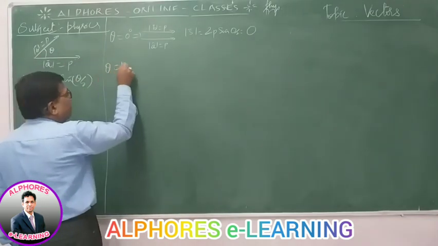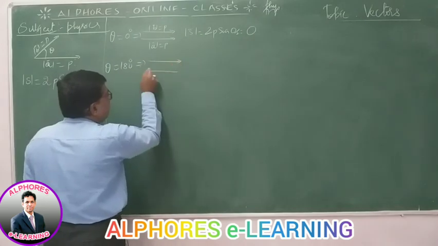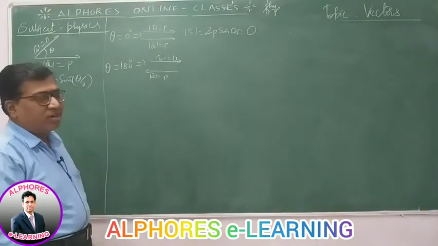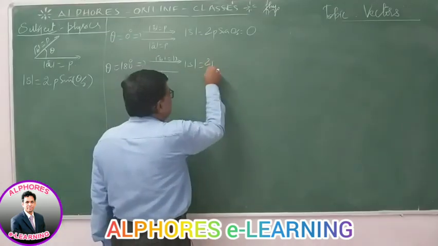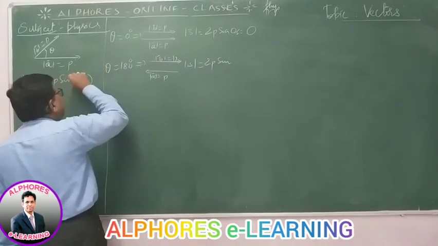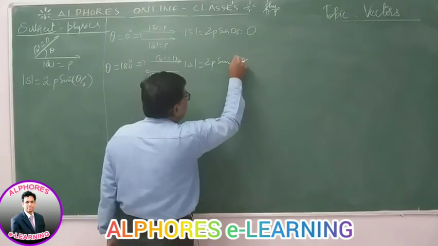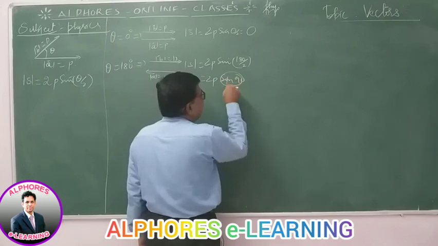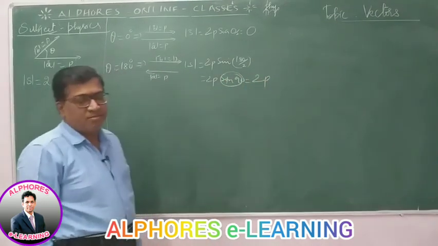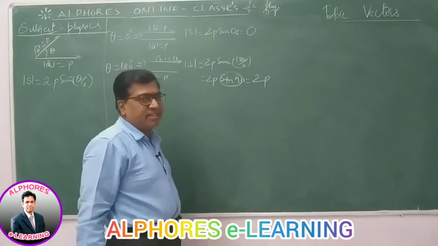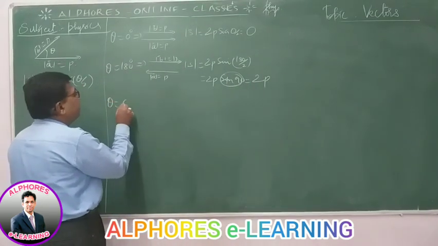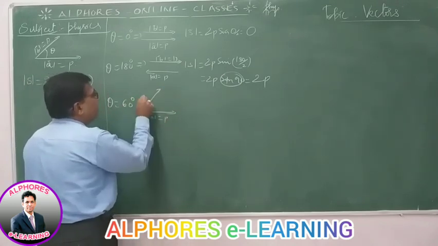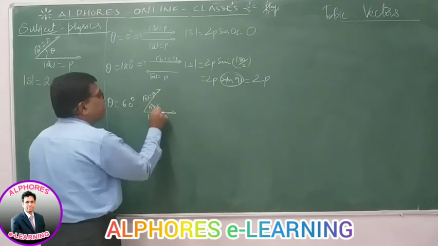Similarly, if theta is equal to 180 degrees, A bar and B bar are in opposite directions. Then what is the subtraction resultant? Substituting, it is 2P sin of 180 by 2. Well, 180 by 2 is 90, so it is 2P sin 90. Sin 90 is 1, so the answer is 2P. It is the maximum, the highest resultant, 2P, the addition of their magnitudes. Now when theta is 60 degrees, suppose A bar and B bar are at an angle, same magnitude, but angle theta is 60 degrees.